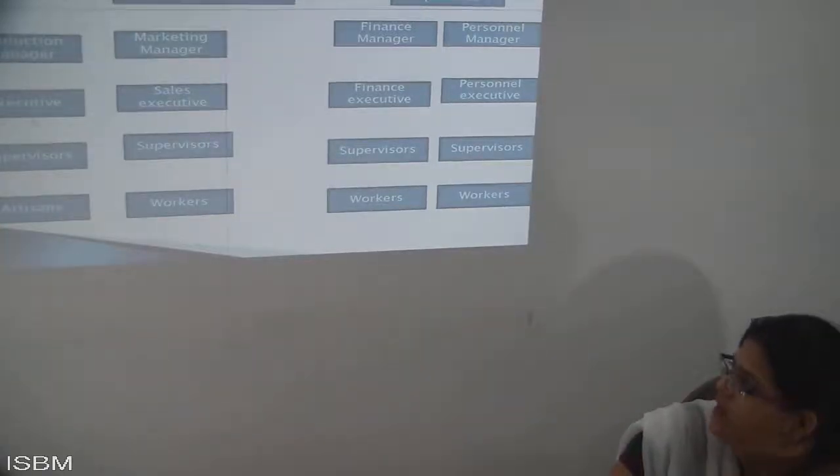Because in production, the production managers and the people who are working internally in it, that person is an artisan. So these are the executive positions. A person who is an executive means the higher authority. Then afterwards you have the supervisors, and finally you have the artisans. Artisans are the people who are working in production. Next, in marketing it is also the same.